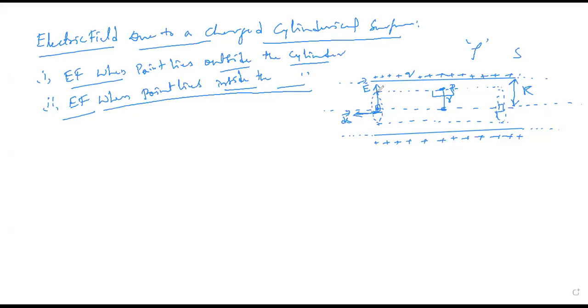You may think, sir, why can't we take this E also this side? And even at this particular place, why can't we take E this side? Can I take this electric lines of force this side? We can take, but in this case, why should we not? Because the point lies inside. When the point lies inside, with respect to this particular point, here you always have to take outward drawn. And I already said it's an infinite cylinder.